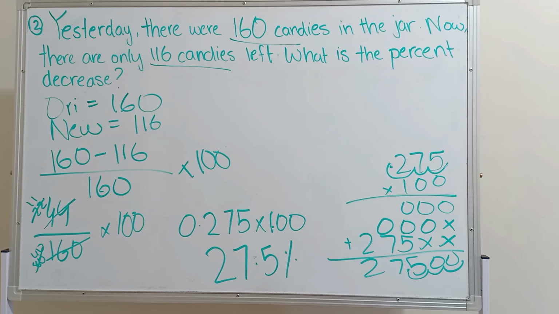So our percent decrease for the second question is 27.5%. So 116 candies were left, but originally there were 160 candies. So we subtracted the small amount from the larger, and we divided by the original, and we got an answer in a decimal form. Then we multiplied by 100 because we wanted to get it in a percent form, and so now our answer for the second question is